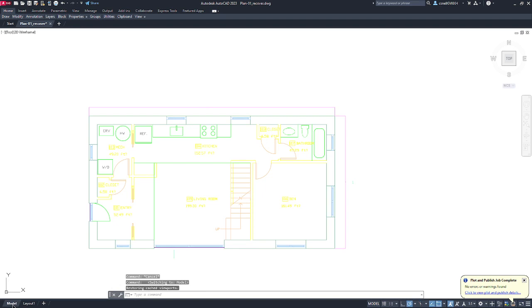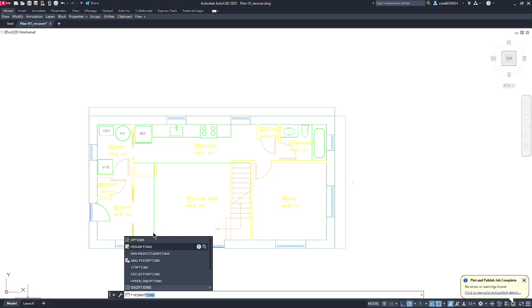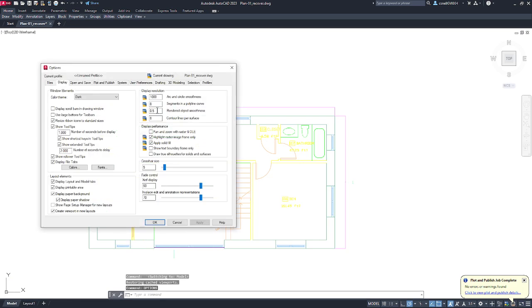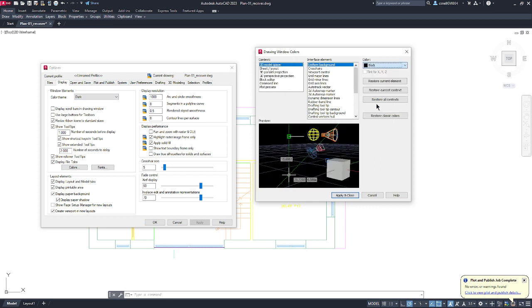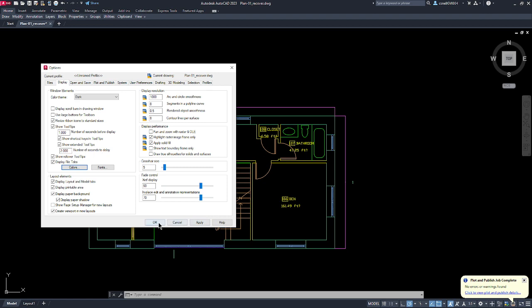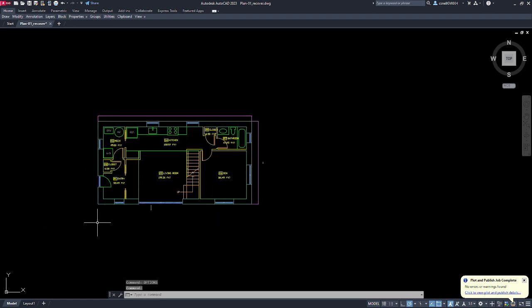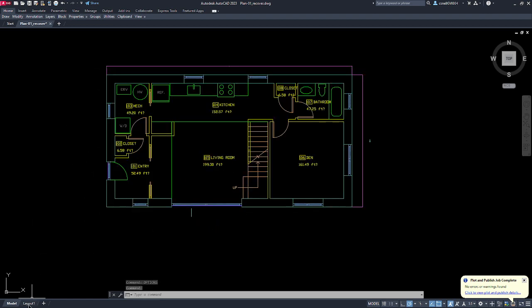So I'm going to go back to options. I think now it'll show up as a, nope, it won't. Just to show this works, I'll go back to that. So it was in display file tabs, colors, 2D model space. I'm going to go back to black, because like I say, people like this for some reason. But if I want to make this white,